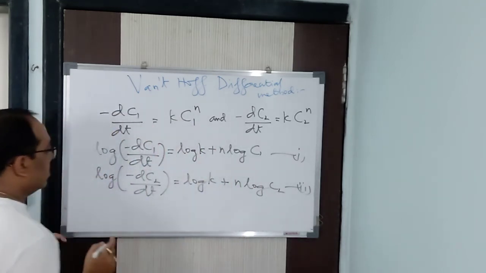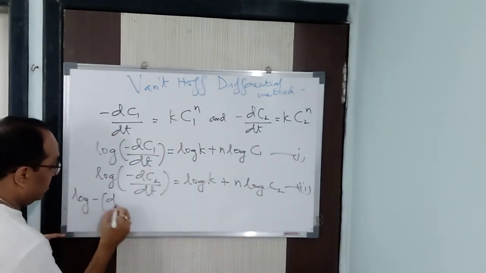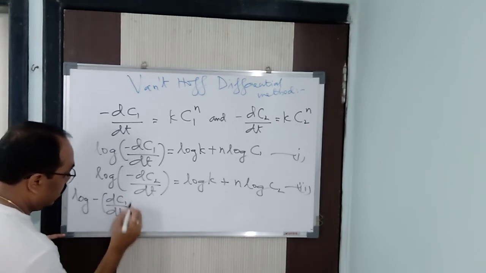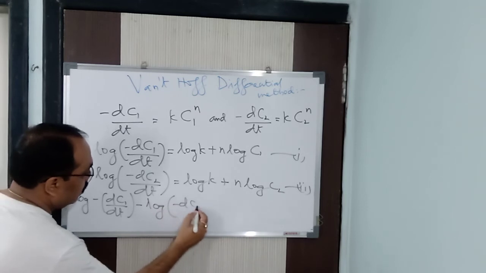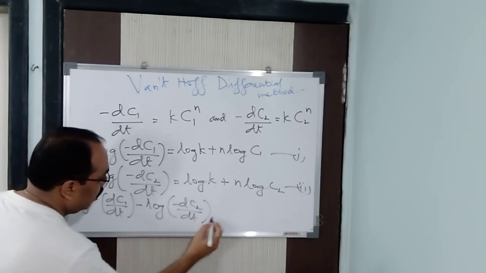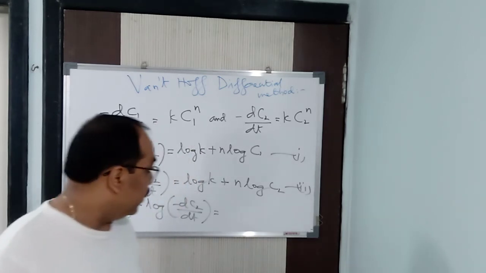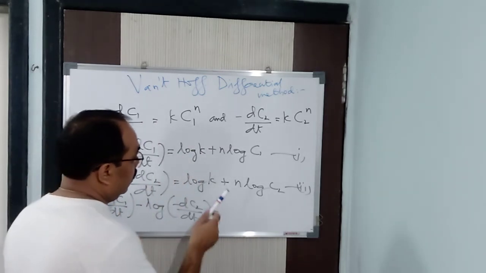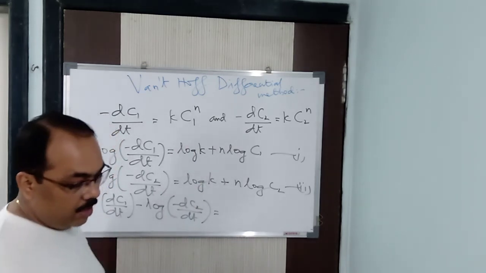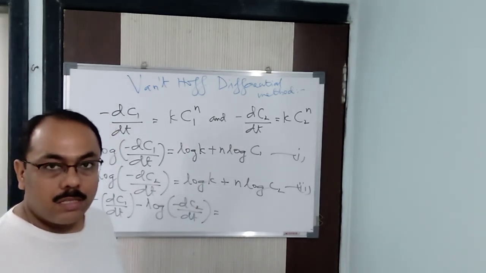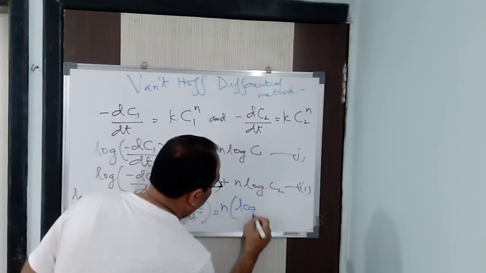Now I will subtract it, equation 1 minus equation 2. So log of minus dc1 by dt minus log of minus dc2 by dt. Is that right? What will it be? I will subtract it, that is 1 minus 2. So this log k will get cancelled. So it will be n log c1 minus n log c2. So taking n common, that is log c1